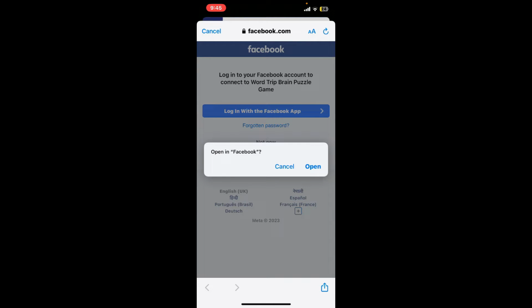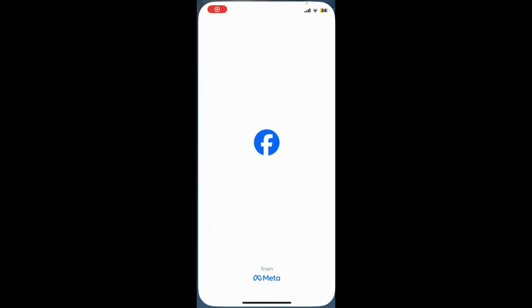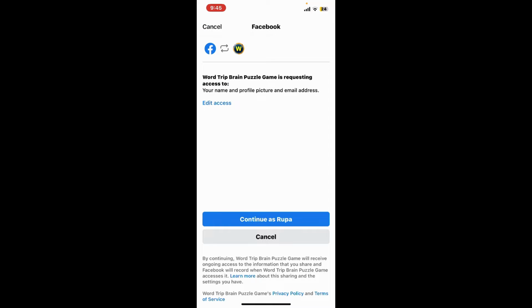Here, you can go ahead and log in with your Facebook account on a web browser, or if you want to open up the Facebook application, tap on open. Make sure to log into your Facebook account by entering your credentials, and it'll then find your account for you. Once you are logged in, tap on this continue button in blue, which will then log you in